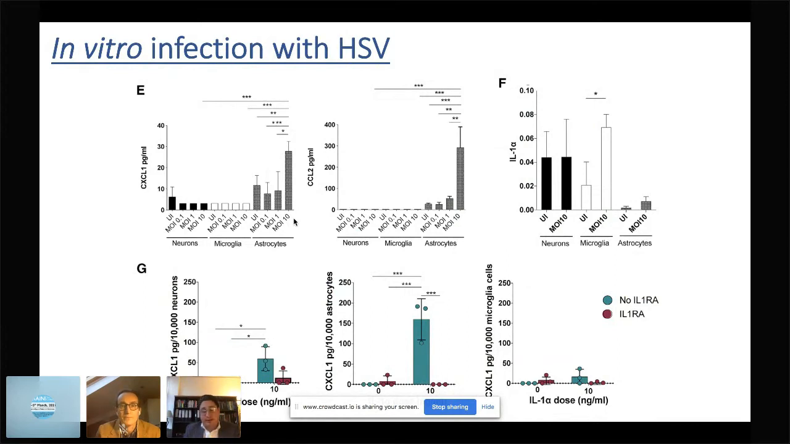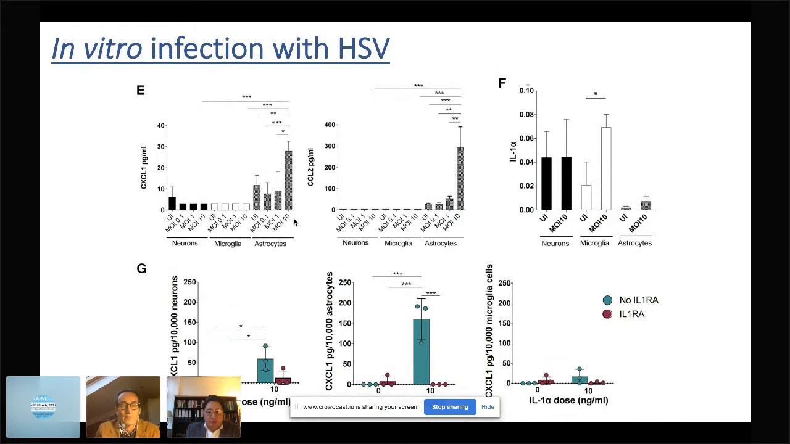But of course, this flies against the conventional wisdom that, at least in viral encephalitis, microglia are this neuroglial population, the predominant producers of inflammatory mediators. So we looked at what was produced in response to infection and found that indeed microglia did produce members of the interleukin-1 family in response to HSV infection, which then made us think perhaps there might be a paracrine response